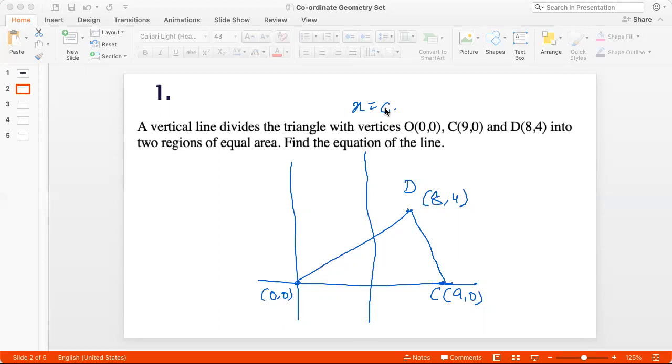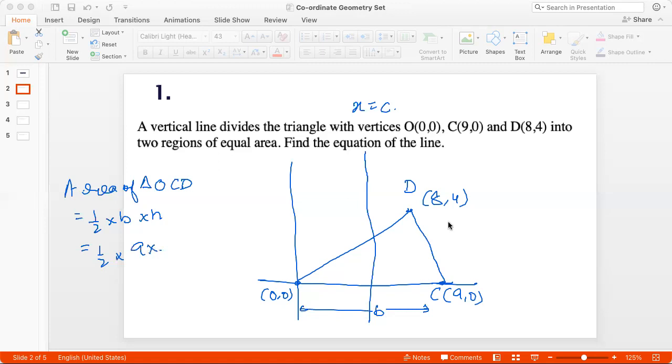Okay, so let's first quickly find the area of triangle OCD. That will be half into base into height. The base here is 9, right? And the height here is 4. So that's just 18, right? So which means that if I say that this is M and this is N, then area of triangle OMN